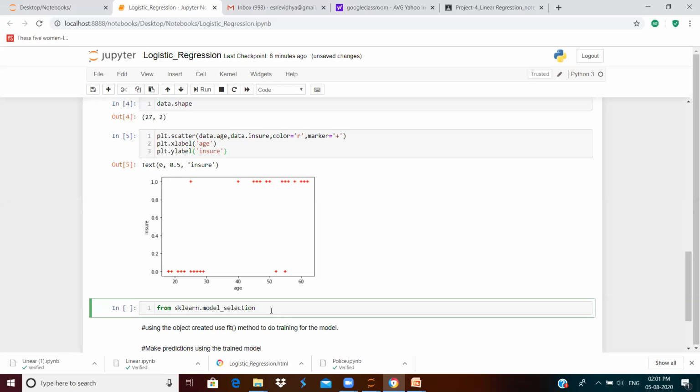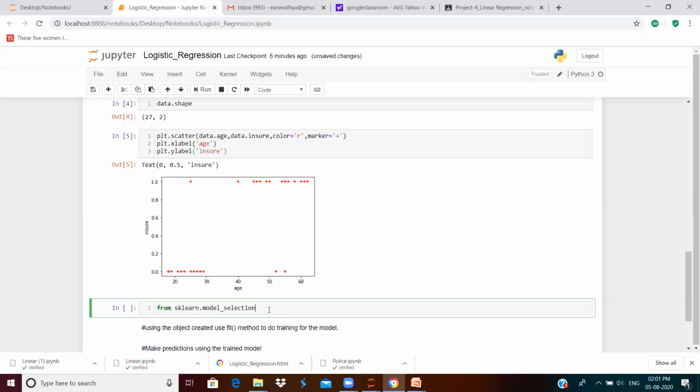All this is to call the train_test_split method, because we are going to split a data set into a training data set and a test data set. To call that method, you will have to import the library. sklearn is the library name, and the method is available in the model_selection module of the sklearn library.